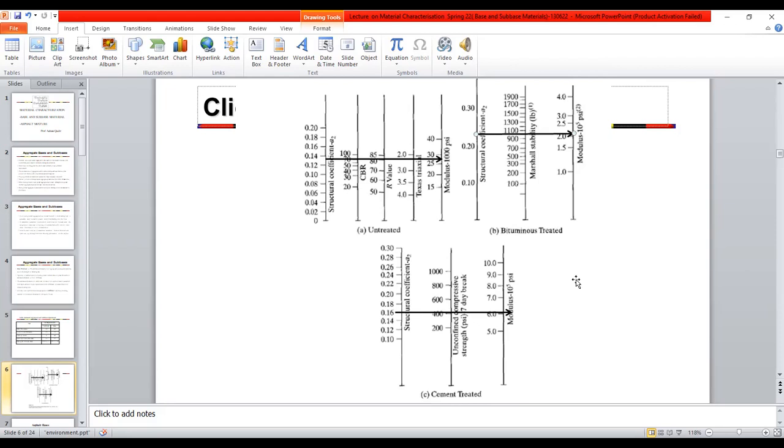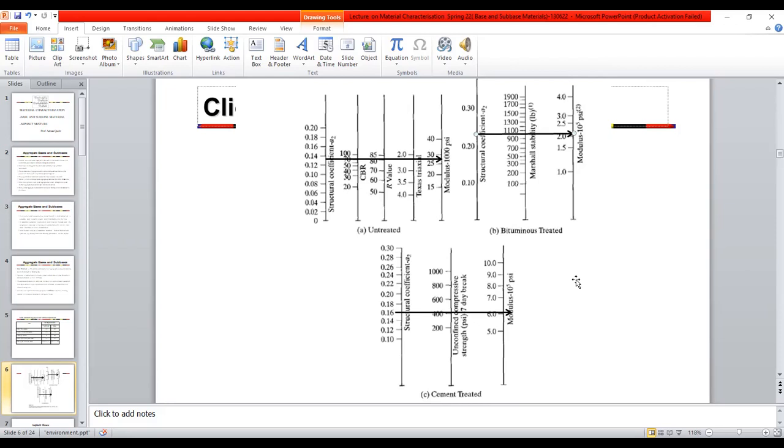People in developed countries now use the treated base. They don't use untreated base. Obviously, as you can see, if you have a very good material, say of CBR 100 even, you have a 30,000 psi modulus. But if you use either a bituminous treated base or semi-treated base, this is enhanced tenfold.